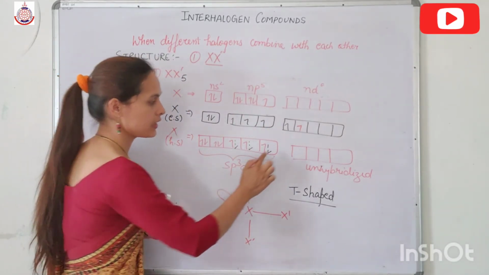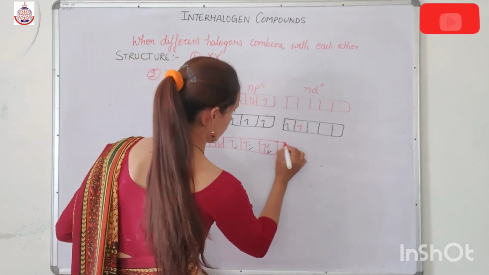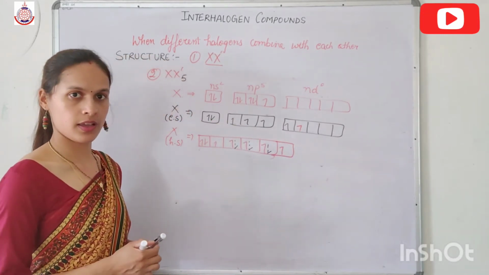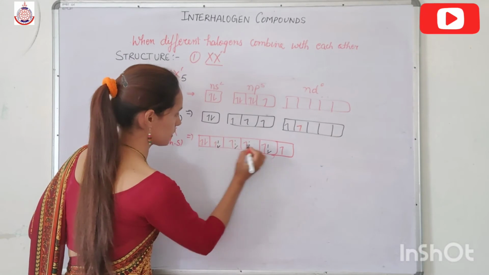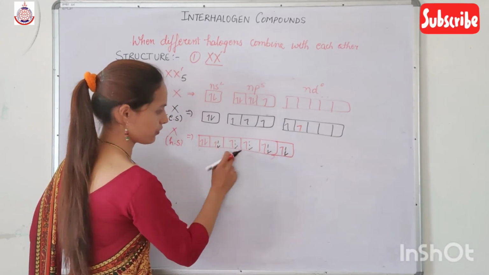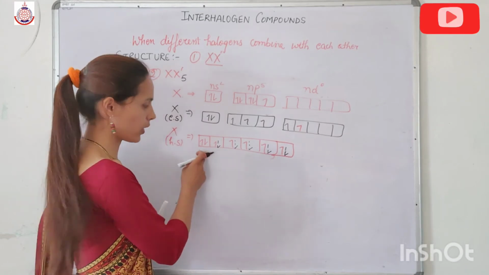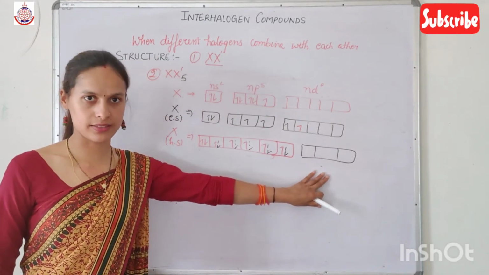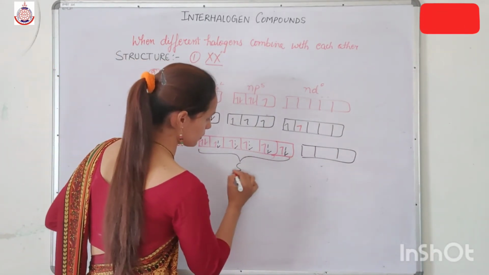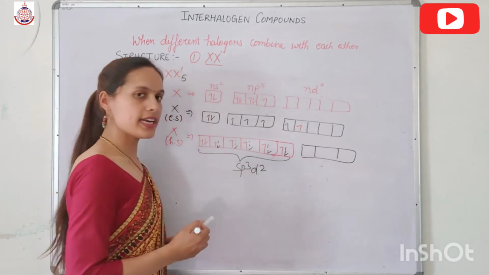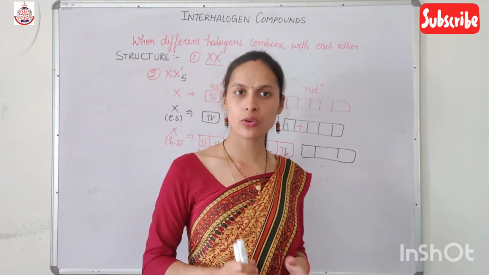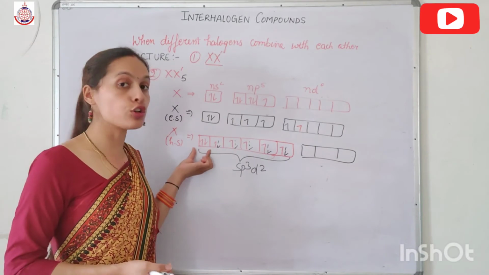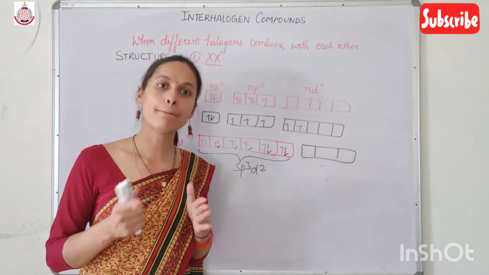Now in the hybrid state we get one more hybridized orbital, and the configuration is like this. So here comes XX5, in which we get 5 bond pairs and 1 remains a lone pair, and here 3 d orbitals are unhybridized. So because of this we get sp3d2 hybridization, and in sp3d2 hybridization we know that geometry is octahedral or square bipyramidal, but due to the presence of this lone pair the geometry becomes square pyramidal.